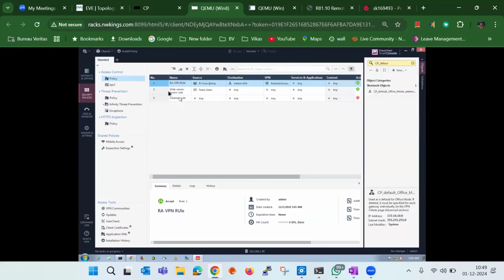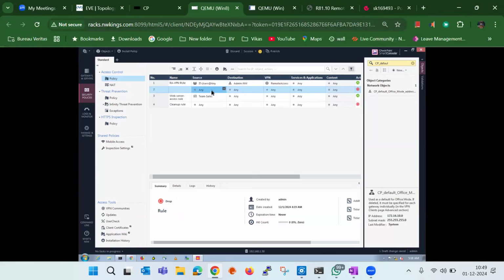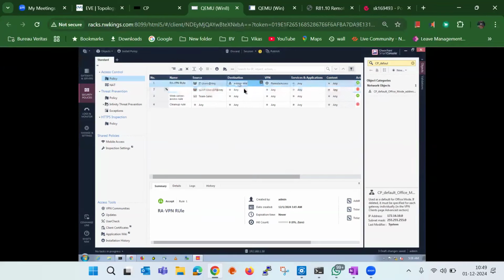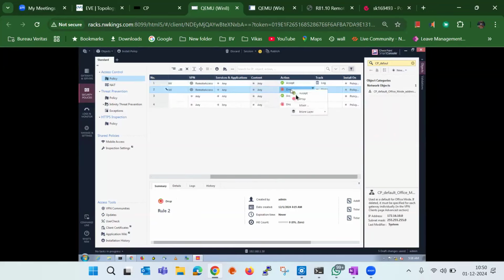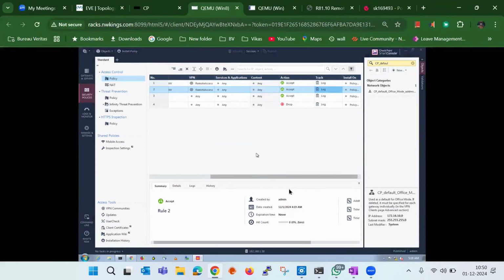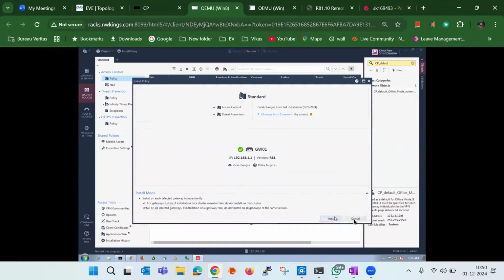Now, I need to configure one more rule here. I'll right click and say legacy user, and here I'll say LDAP user group. And here it will be remote access VPN. This will be accept and log. Publish. No, not install policy. I need to disable the first rule because